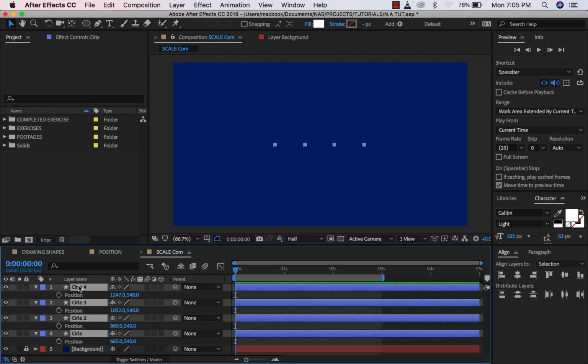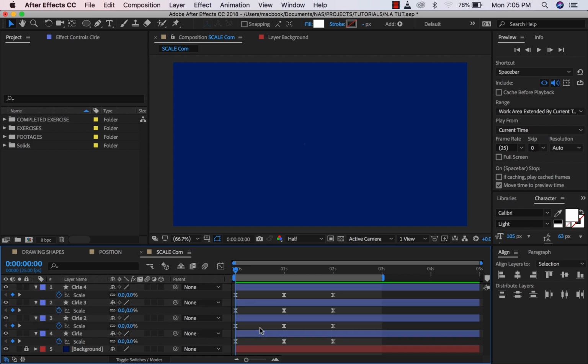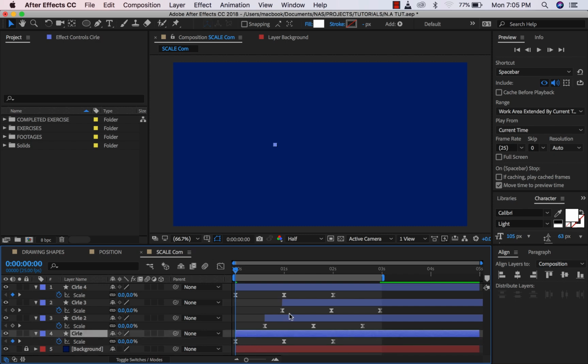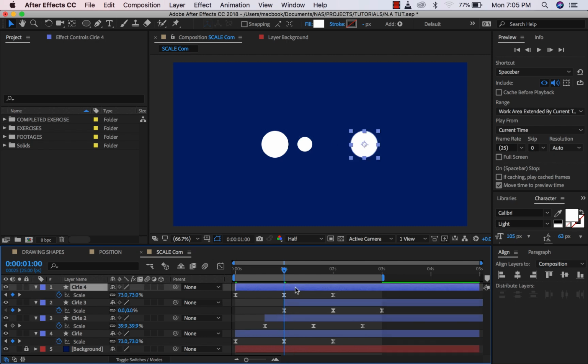I'm going to highlight everything, then press S, because that's where we have our animation. Then click out, just click out somewhere, making sure you're not clicking anything. Then click on circle 2, right? Just drag it a little bit down. Circle 3, drag it here. Let me press S on the very first one too, so I would know. I want it to be diagonal to where this is. So I'm going to drag this. I'm going to also drag this to this point, and drag this out as well, my work area. So if I play this now,